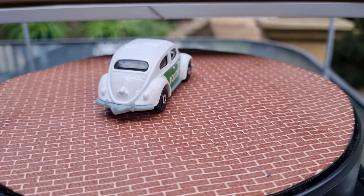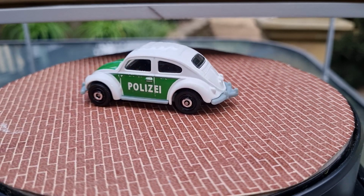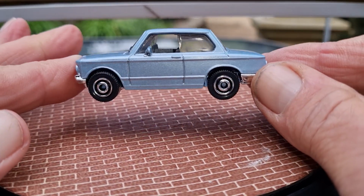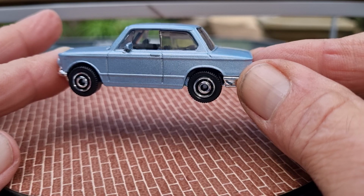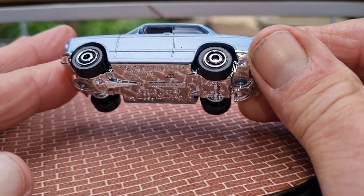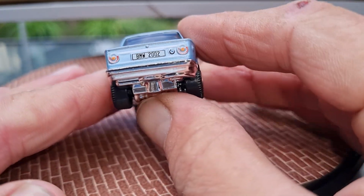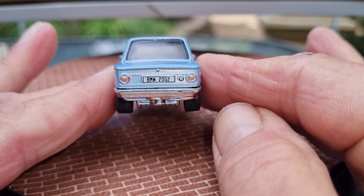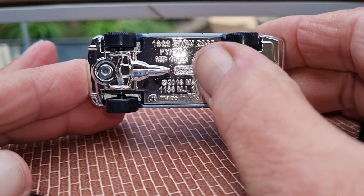And then the next one, I've got a few of these in the collection. It's a 1969 BMW 2002 Coupe in a nice metallic blue. Again, same sort of wheels as the Volkswagen, but this one's got chrome trim rings around it. Twin side mirrors. Copyright 2018, so it's been around a little while. They've done a great job on the rear. Nice license plate details and brake lamp details. This is metal body and plastic base,